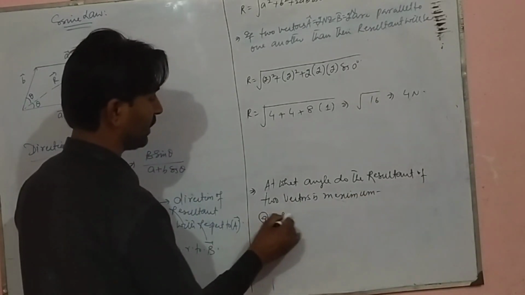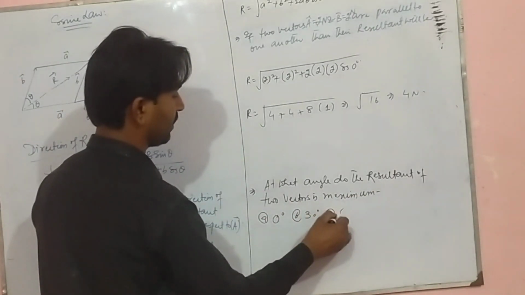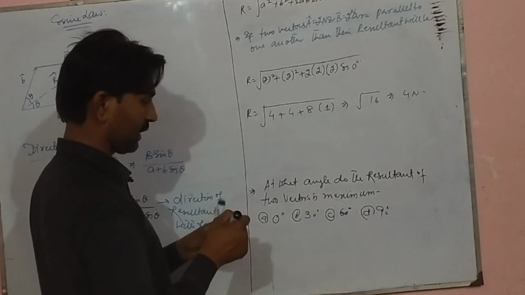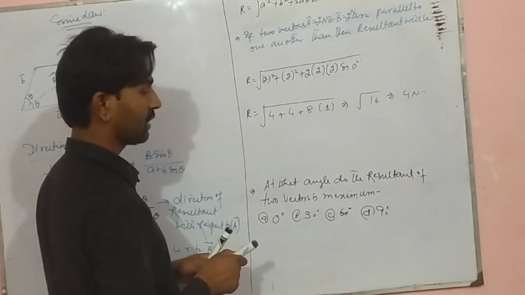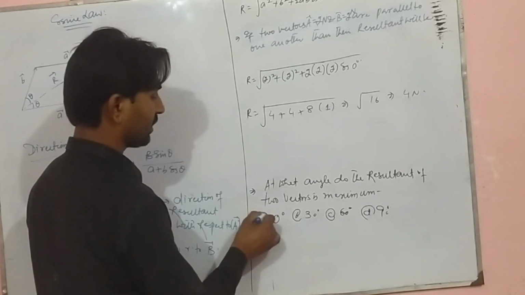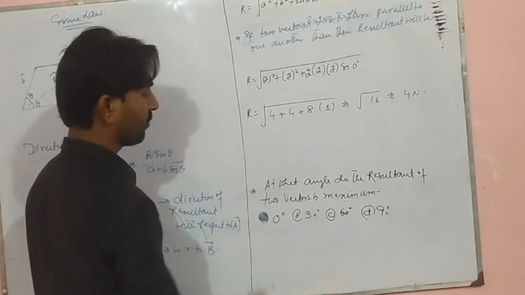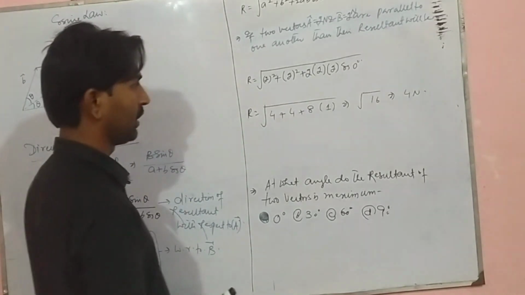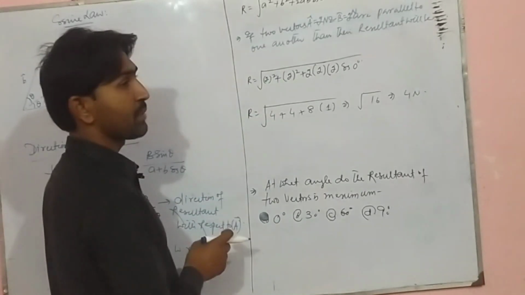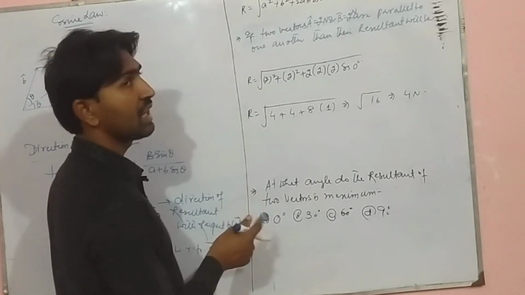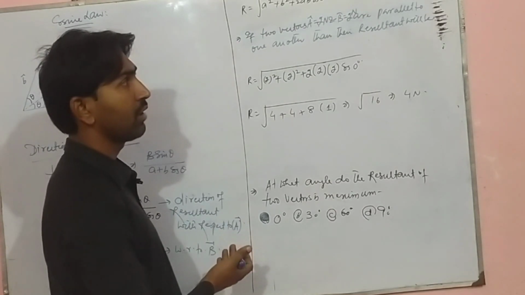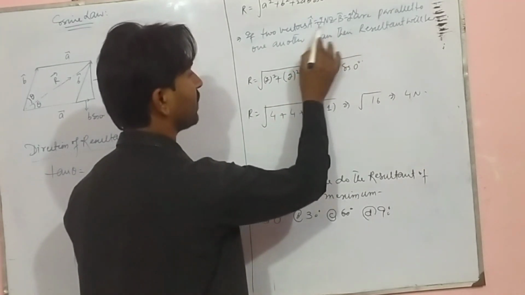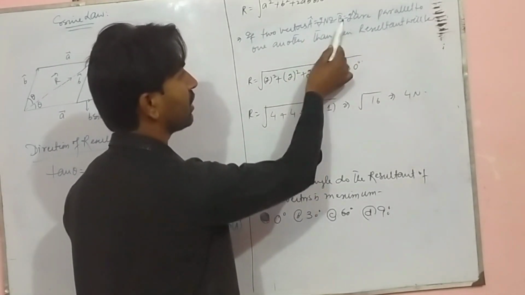Let's say 0 degree, 30 degree, 60 degree or 90 degree, as we have discussed now. If two vectors are parallel to one another, then their resultant will be maximum. So at an angle of 0 degree, the resultant of two vectors will be maximum. If two vectors are parallel to one another, then the cosine law can be reduced. How can we reduce the cosine law? If we normally add these both vectors a plus b, its resultant will also be 4.